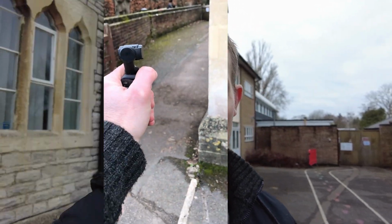Now, one way of using it, of course, is simply just to point the camera forward and walk around with the camera held in front. But it can look a little bit obvious what you're doing. Another way of doing it is to just grip the camera and cover it in your palm and keep the camera a little bit lower down to your body like this. And then it's not quite so obvious because you're basically covering the entire length of the camera apart from the